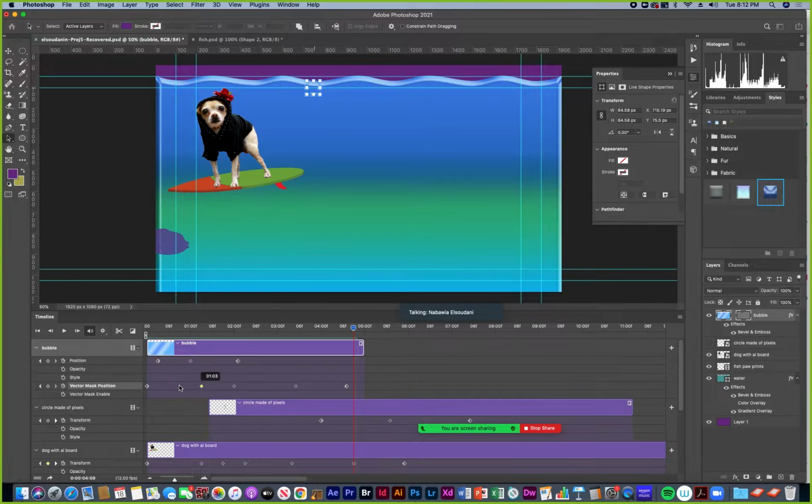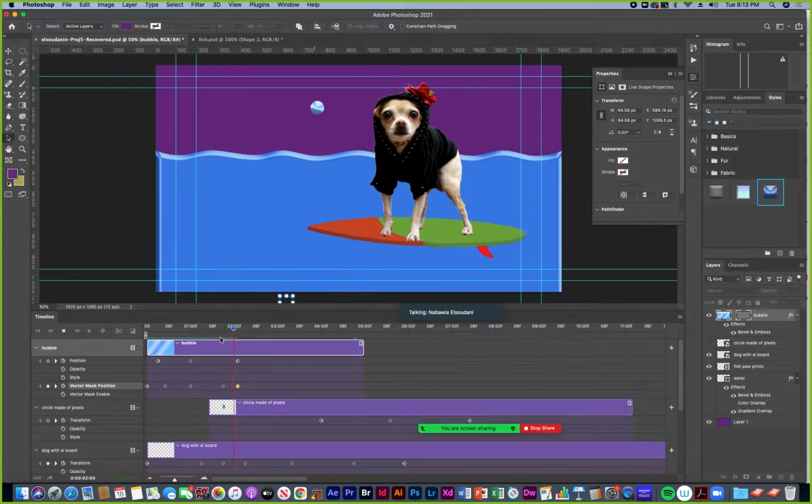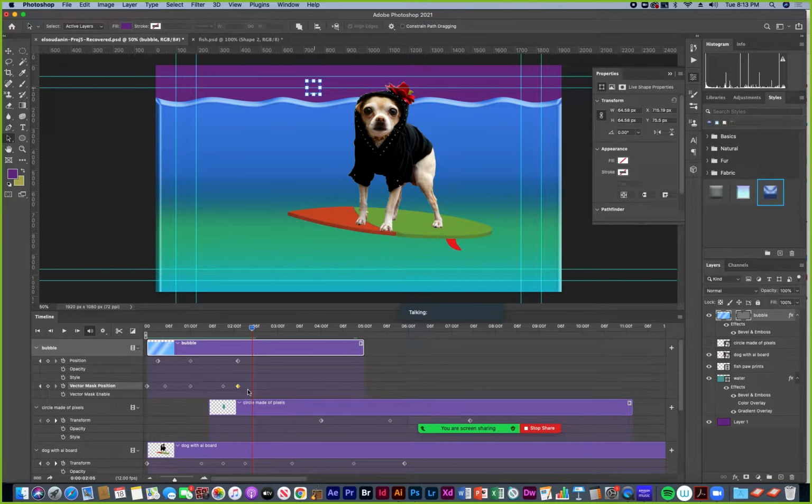Maybe it goes faster than that, so I move the keyframes closer together so that it goes faster. Oh, now it's going too fast. You just make it start later.